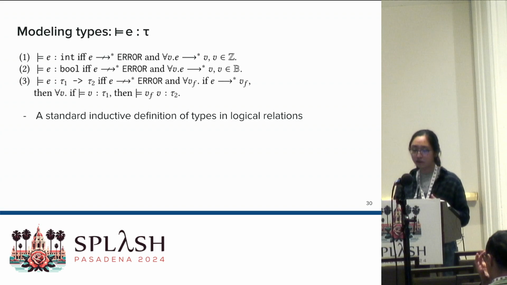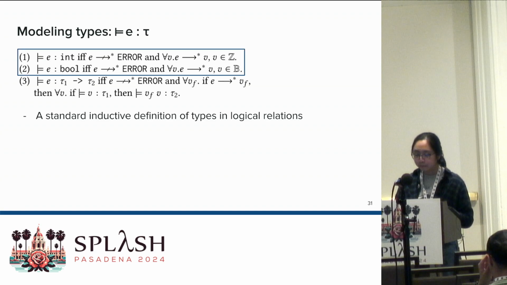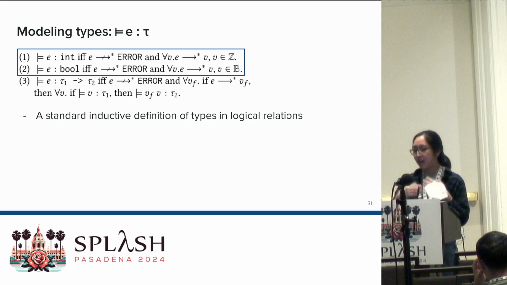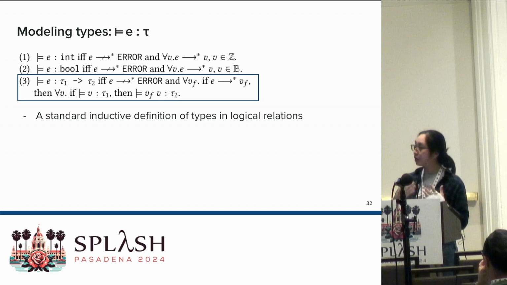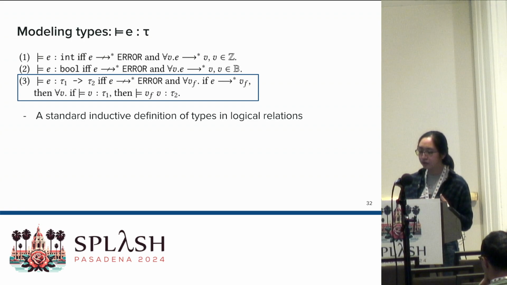This is very similar to the standard inductive definition for basic types in logical relations. Intuitively, the cases for base types, int and bool in this case, state that an expression has type int or bool if it evaluates to an integer or a Boolean. And to type check a function, we actually need a full enumeration of the input space. For each value in the domain type, after applying the function to it, the application result must be a value